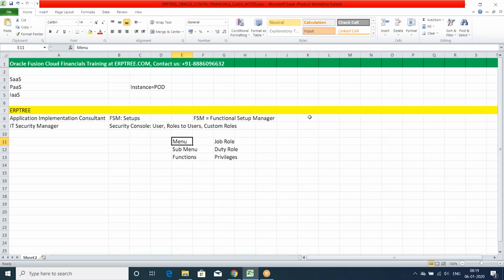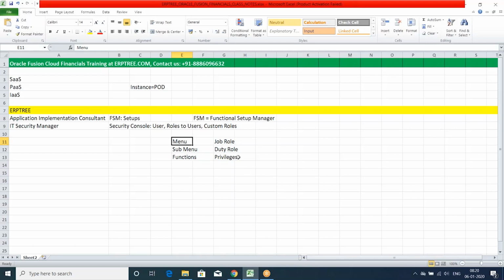The user connects to the menu through the responsibility. The responsibility manages something else also, like request group and data group specification. So between the menu and the user, you have a concept called responsibility.